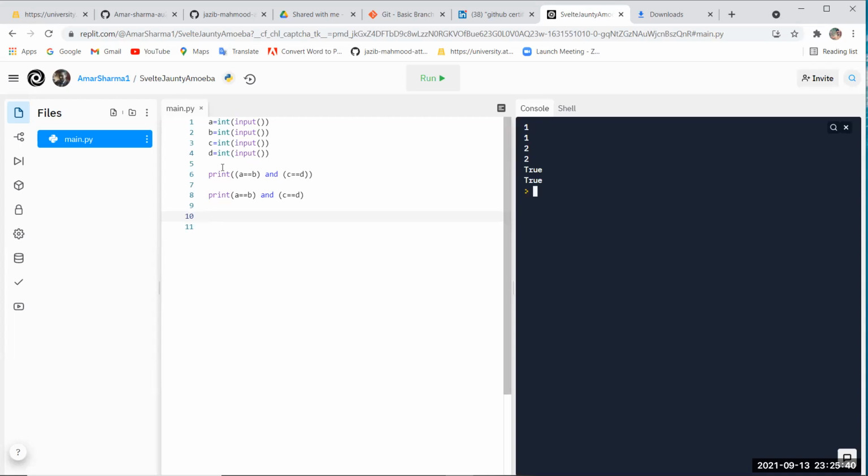अभी दोनों ट्रू आ रहा है सर, पहले रॉन्ग आ रहा था, पता नहीं, इसलिए डाउट आया कि ब्रैकेट की वजह से तो सिंटैक्स एरर नहीं है। हमने प्रिंट a इक्वल टू b फर्स्ट ब्रैकेट एंड c इक्वल टू d किया है, तो ये ब्रैकेट में इंक्लोज ही नहीं है।